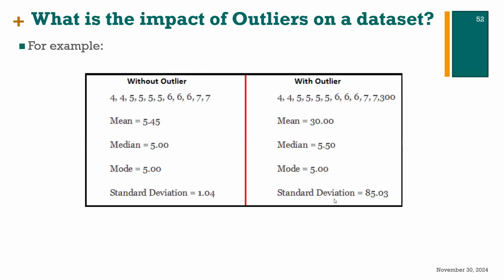For example, let's look at this data set together. This is a data set without an outlier. We find the mean, 5.45. We find the median, the mode, the most occurring one, and the standard deviation. Now let's compare to